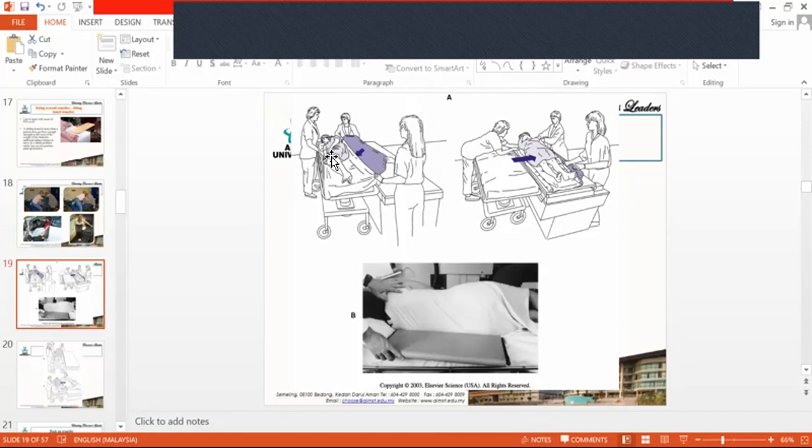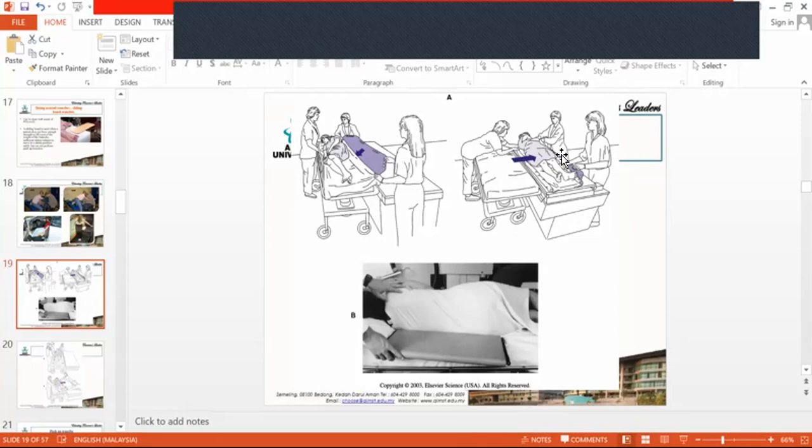So they will be turning the patient to one side, then they will insert these rollers down, then again you can make the person supine lying. Once you make the person supine lying, you can just pull the cloth. Because of the rollator, the patient will just be rolling and coming to the other place. Is that clear? So when you are making the person to be on the rollators, if you just give a small push or a pull, because the rollators are rotating, the patient will be able to shift from one place to another.